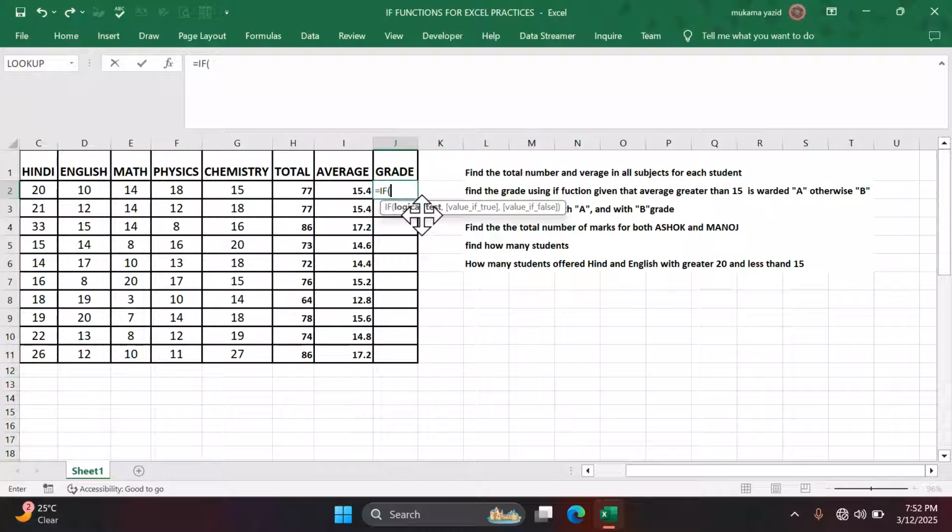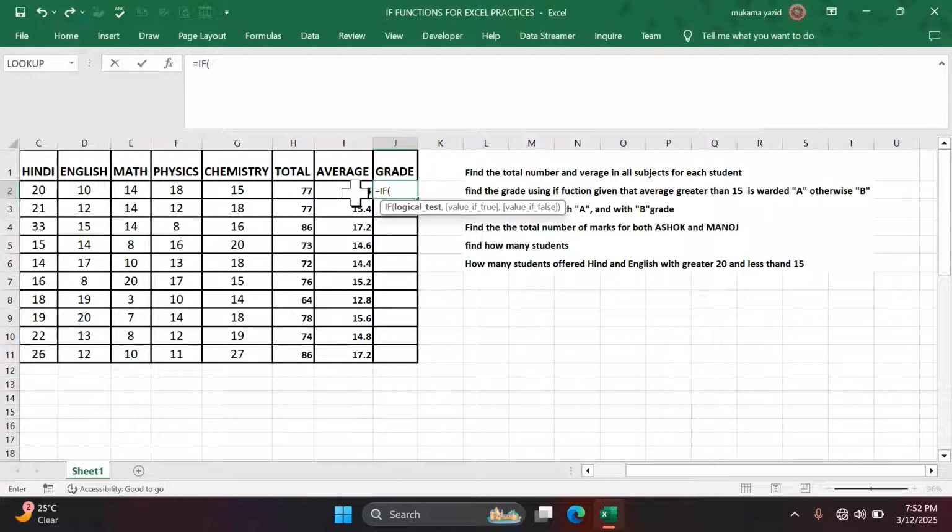So you would like Excel to give you what you want if the value is true. You first build the question, which is the logical part, and if the value is true, that is what we want. Just in case what you have built is false, you tell Excel what you want to see if the question you have asked is not true. So for our question, since they said we use the average,